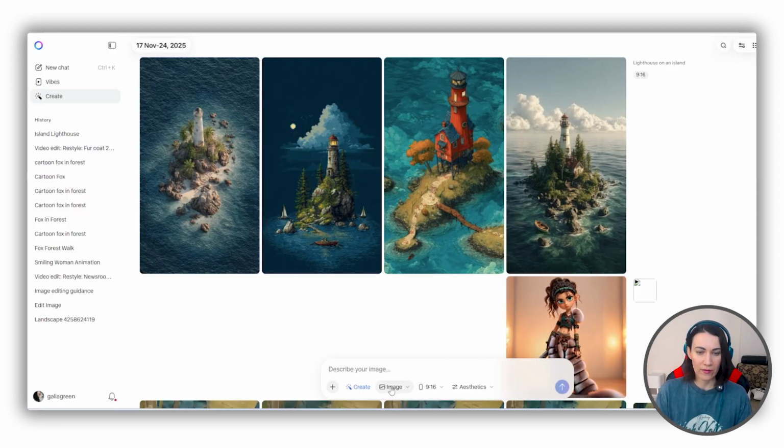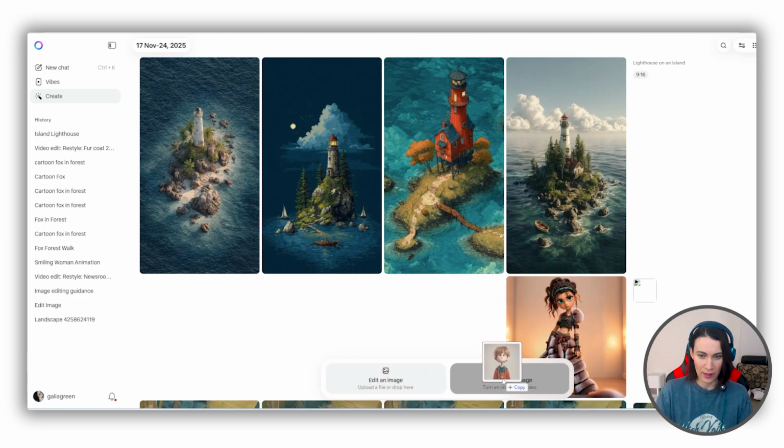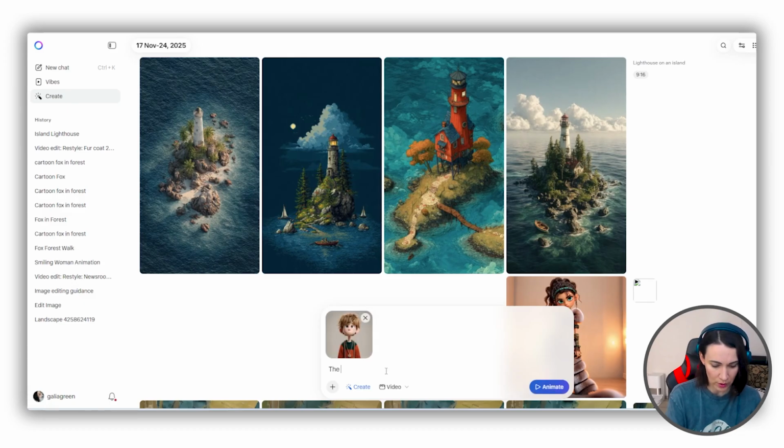If you want to make a video, you should pick it from this drop-down and either start with a ready image, or you can also start with a text prompt, and this way Meta will first create a starting frame image and then animate it. Let's try with uploading an image. Animate an image, as you see. We can write some text prompt, for example, the boy is looking around,